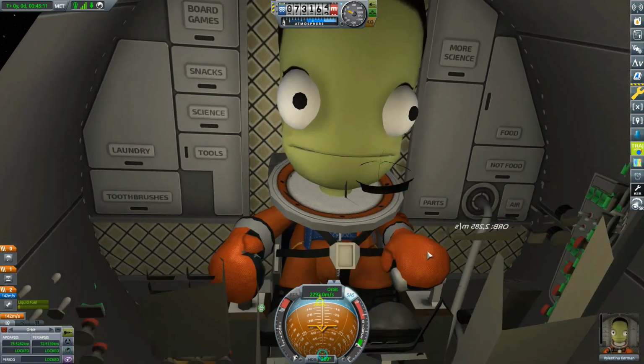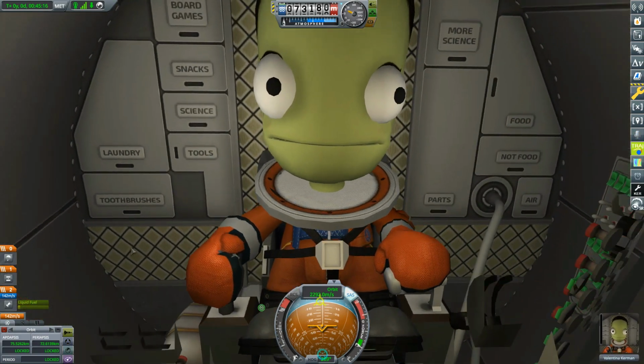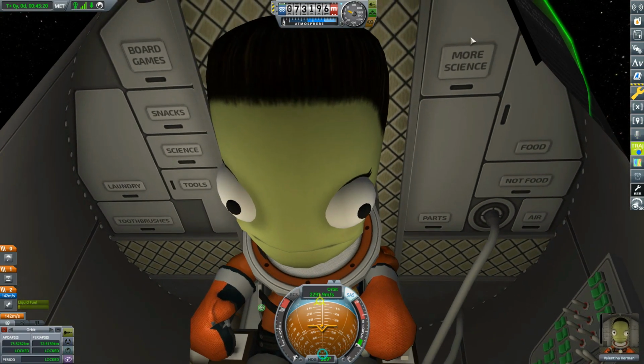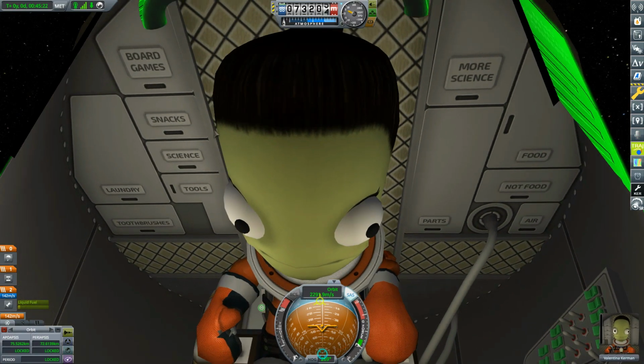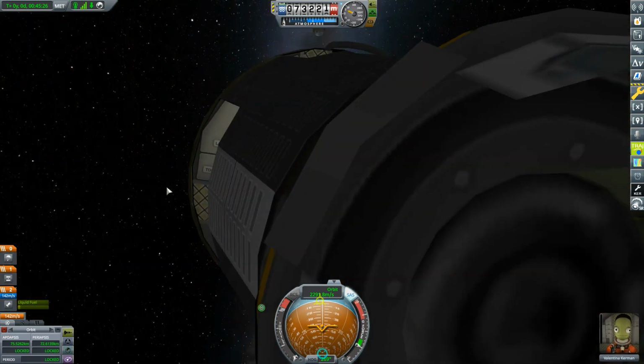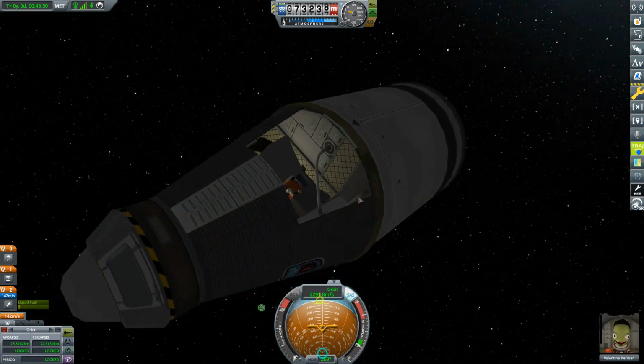There she is. Such a small little capsule, but still nice. Air, not food, food, parts, more science, board games, that's always useful. Snacks, science, tools, laundry and toothbrushes. I do love that. And I think also if we have a look around,